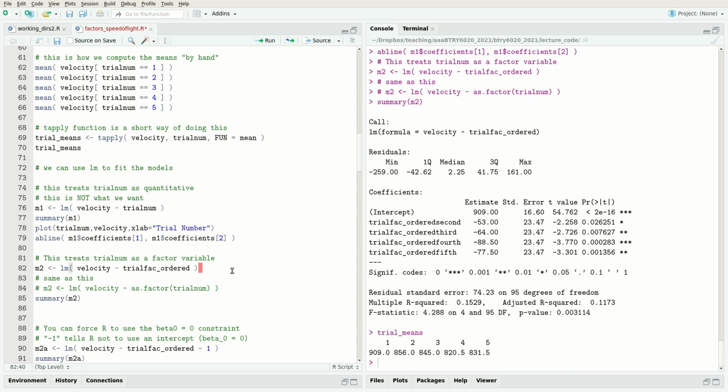Now, like I said, this is the default in R. If you want to set a different level as the baseline, you'll have to re-level your factor. So let's do that real quick. We can do summary, LM, velocity on trial fac. If you remember trial fac, we didn't do anything to the ordering of the levels. So it did it alphabetically. So it treated the fifth trial as the